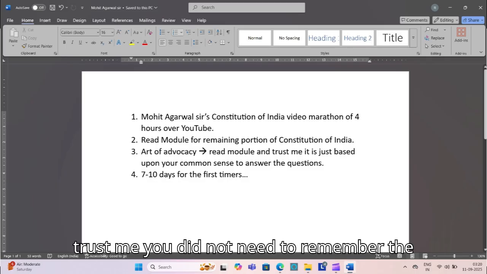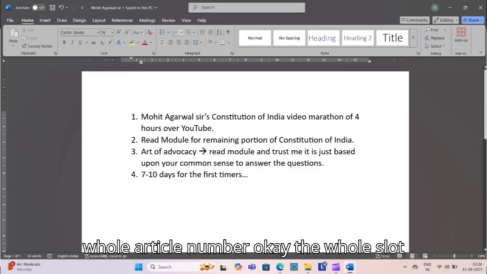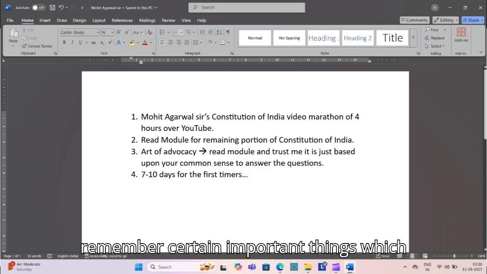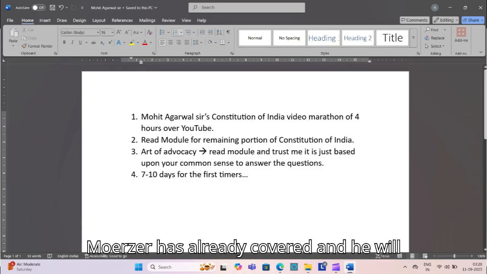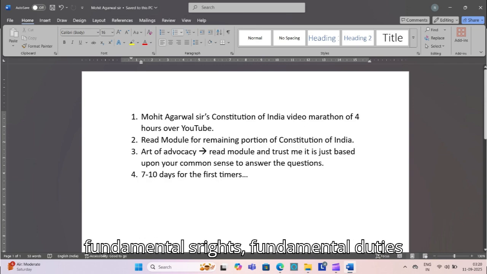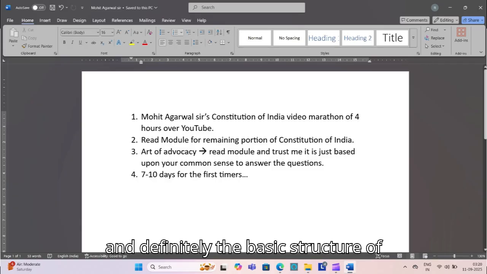Trust me, you do not need to remember the whole article numbers. You just need to remember certain important things which Mohit sir has already covered, and he will make you remember the relevant article numbers covered in those topics. What all topics are covered with regards to fundamental rights, fundamental duties, and definitely the basic structure of the constitution, and